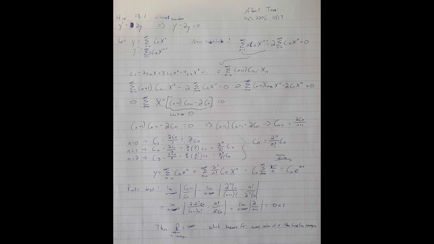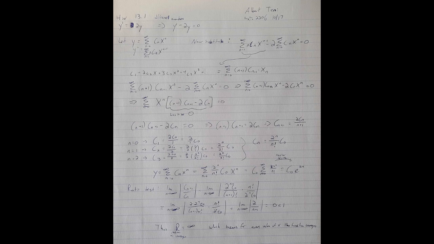The reason we did this is because we're trying to get the bounds to be the same. When we got y prime, it wasn't x to the n anymore, it was x to the n minus 1, and the bounds changed from 0 to infinity to 1 to infinity. So to make them the same, in order to simplify it,